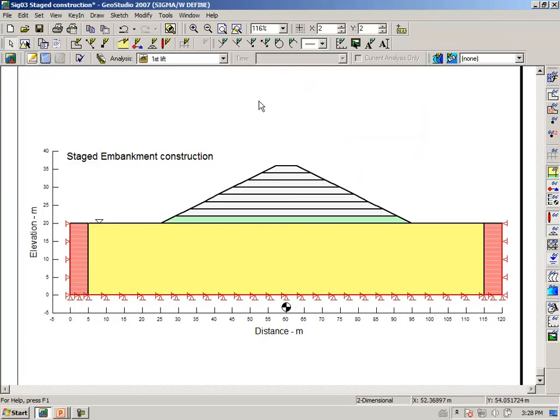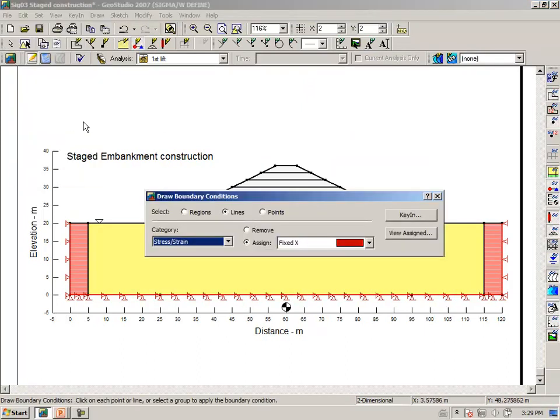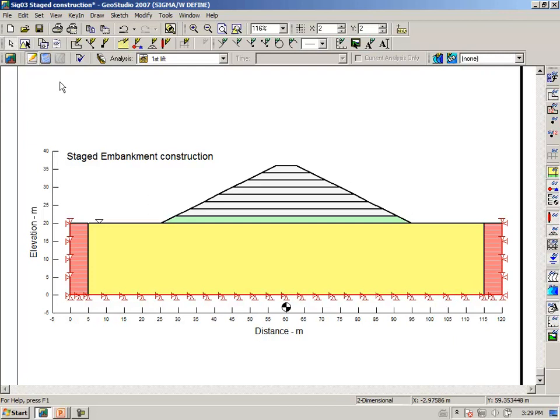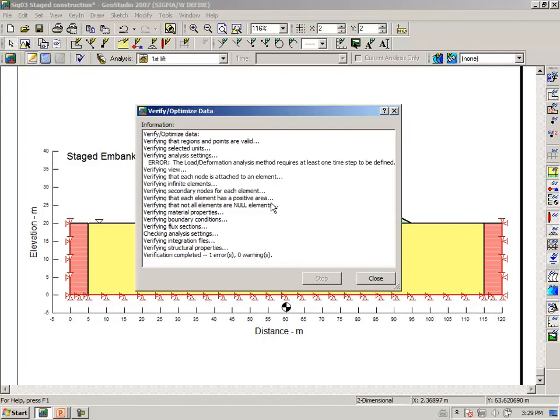Lastly, we have to change the boundary conditions on the far field, saying draw boundary conditions, and we want to apply fixed in both the X and Y directions on a line at the far field. Running verify,